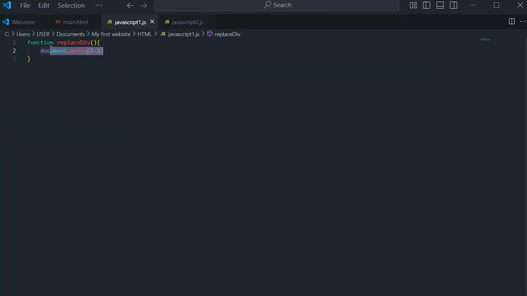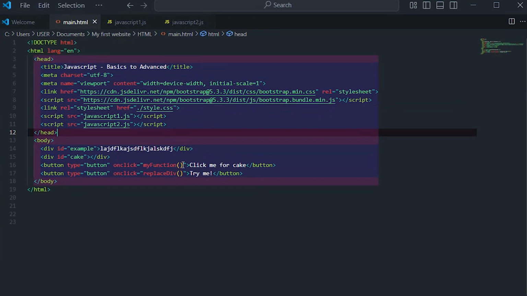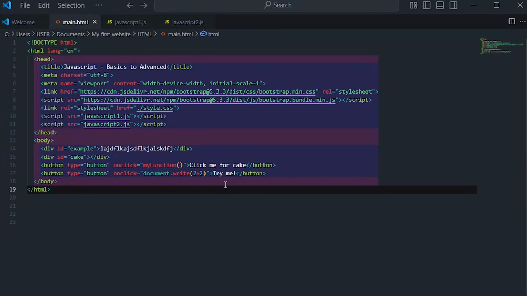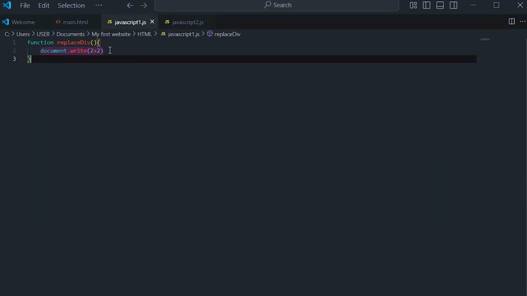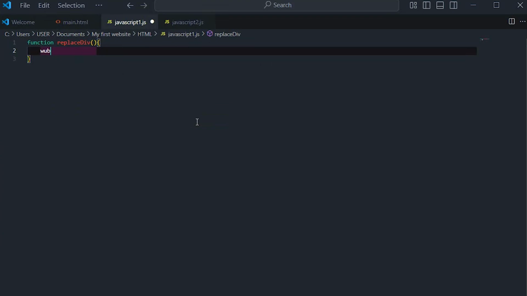How about we try document.write in a button? So let's try this, the second one. And when you click on try me, you get the same results. So I'm going to go ahead and undo all of that. Make sure to save, go back to JavaScript 1, and let's move on with window